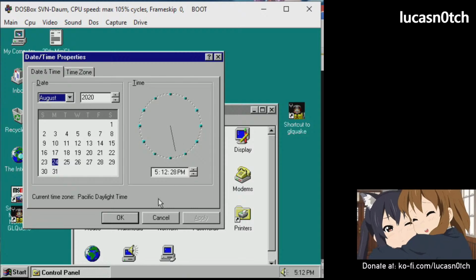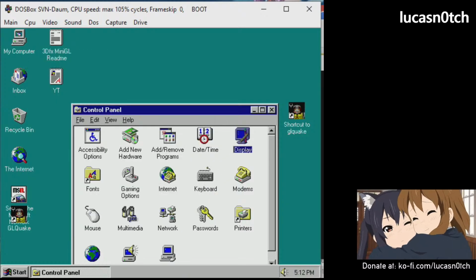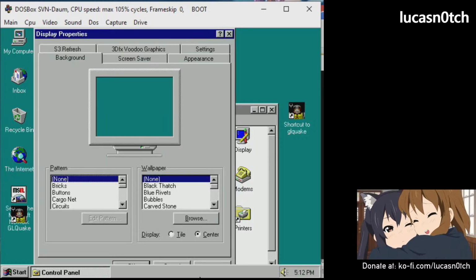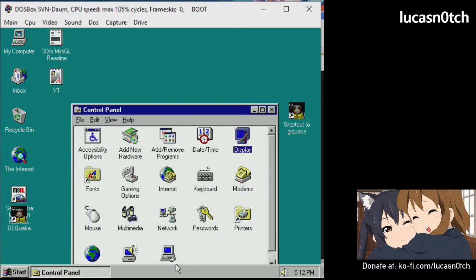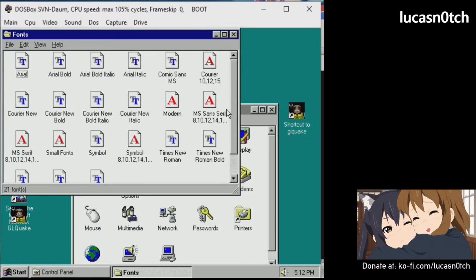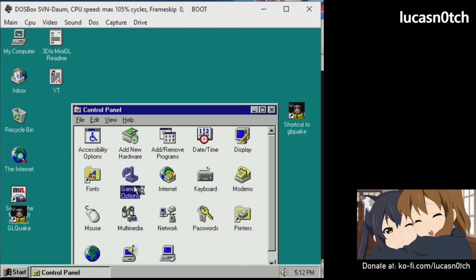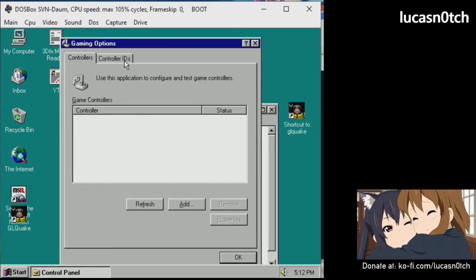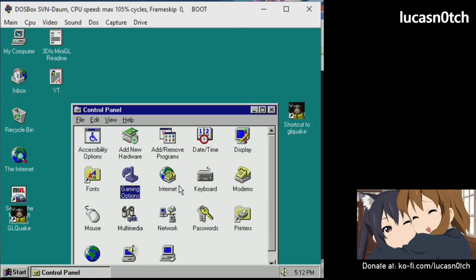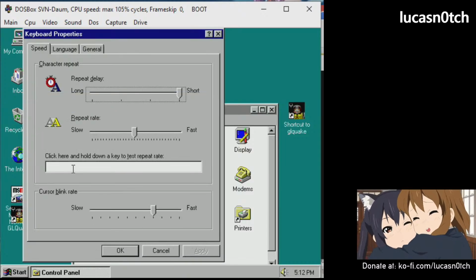And the next thing I have to do is hit cancel. Now I could change display settings, but I won't change it here because I have to run a program later that's really strict on the display settings. You can also use fonts and stuff, which is a separate folder. Now I also have gaming options, so if you have a game controller or something, you could play games. And here's the internet where you could just dial in stuff, not covering that. You can use keyboard. So let's type in